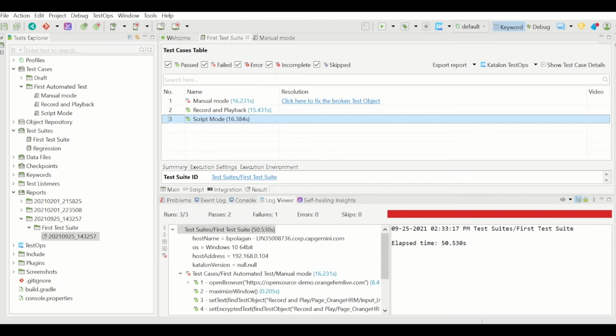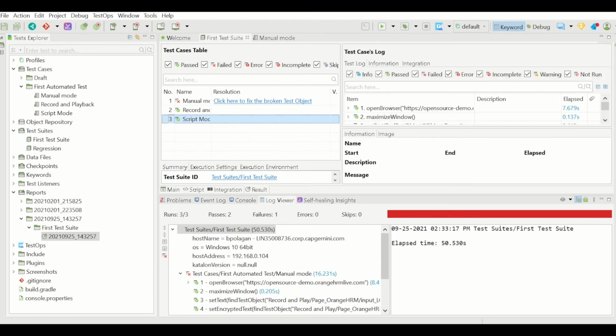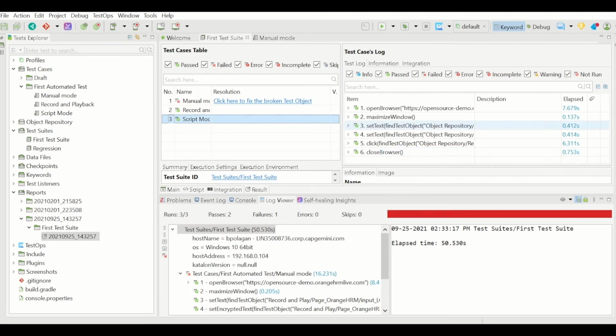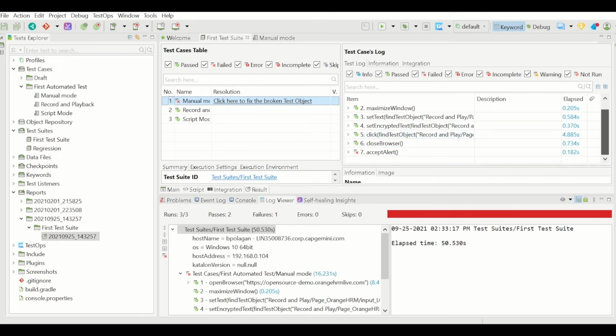All right, before we see the reports, let us see what this show test case details is. So here you can see the test case detail. If there are any images, you can see the information about the test case. Here you will see the steps. Let us select the first test case. Here six steps are passed. The seventh one has failed.